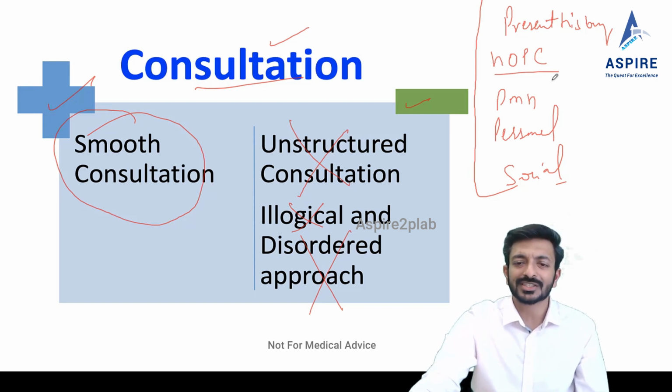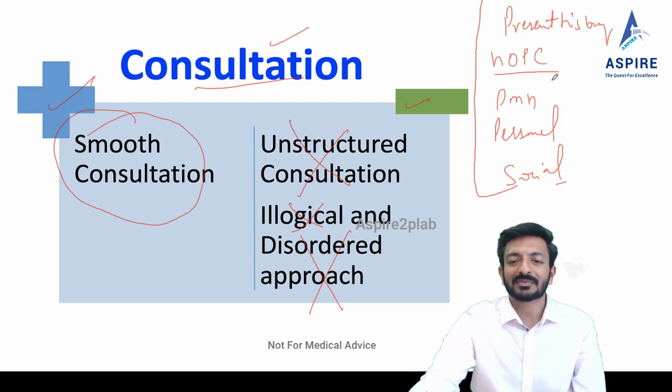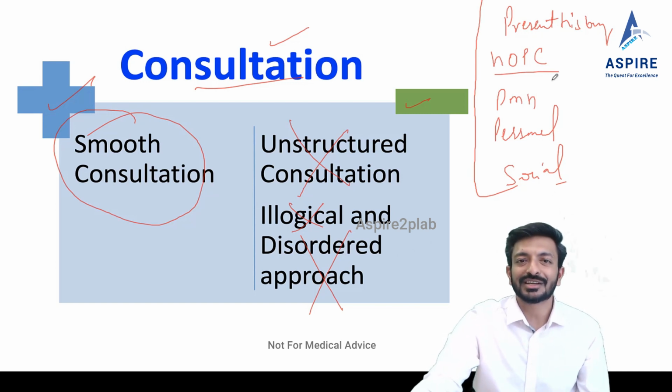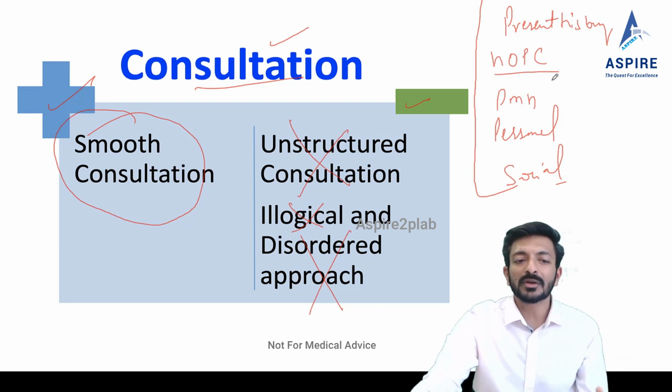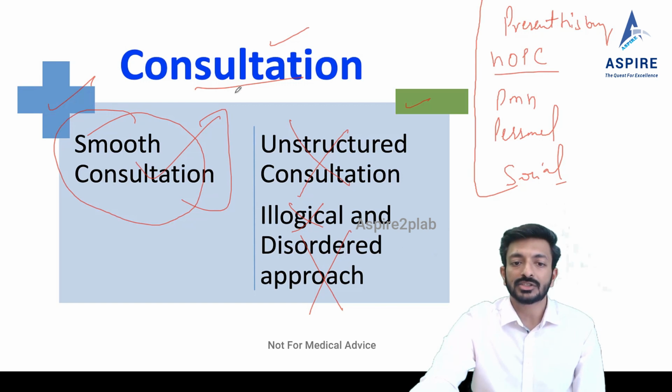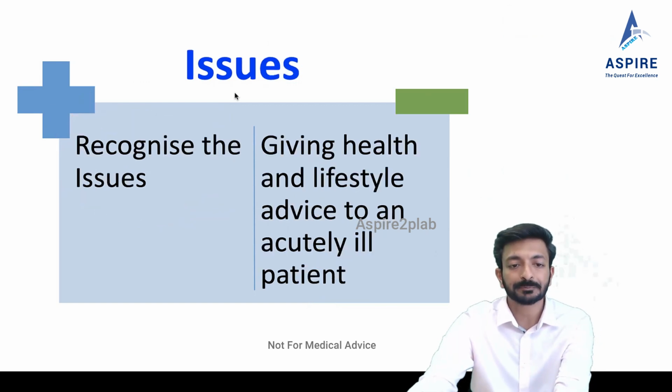Sometimes what happens when you're taking present history, suddenly you jump to personal history. You ask just one question and again you remember, oh, I forgot one question from present history. You go back to the present history, then coming back to past medical, going again to the personal history, then going back to present history. When you're jumping from one part to another, there are high chances they'll give us a tick in the consultation. So make sure when you're doing the consultation, you're following the order and making it a smooth consultation, right? This is the main thing, the consultation. It should be smooth.